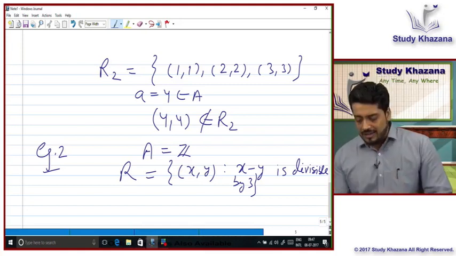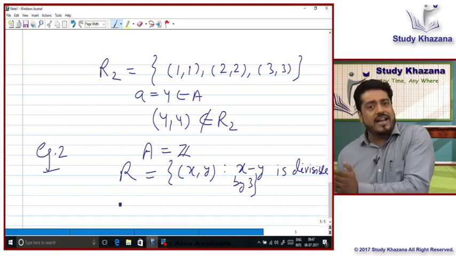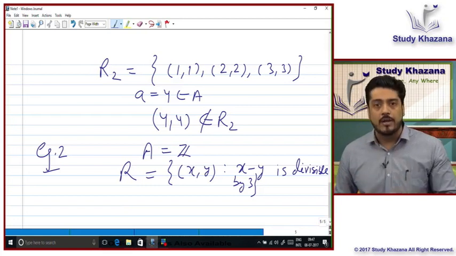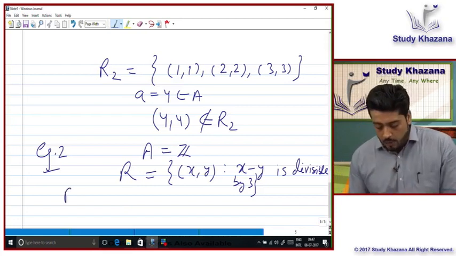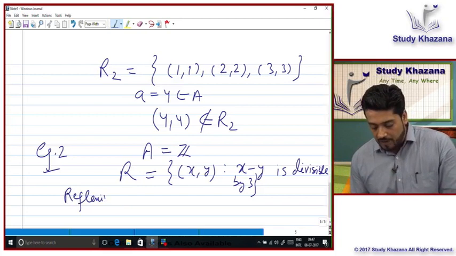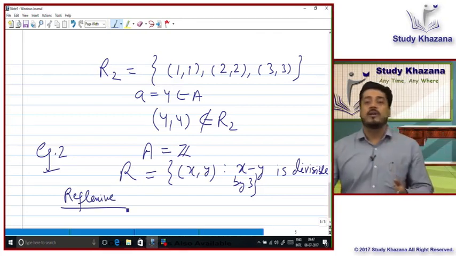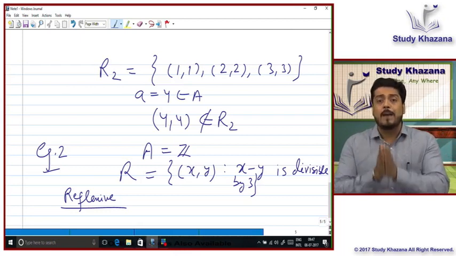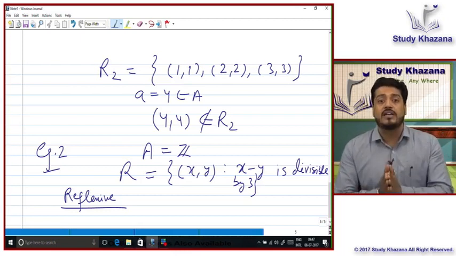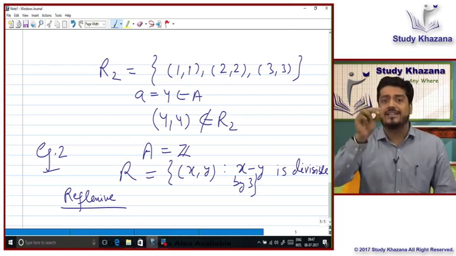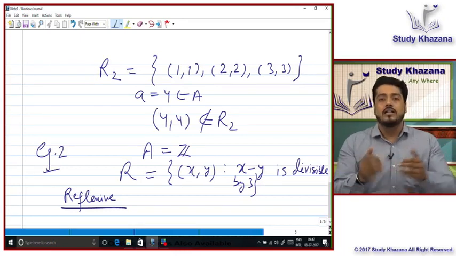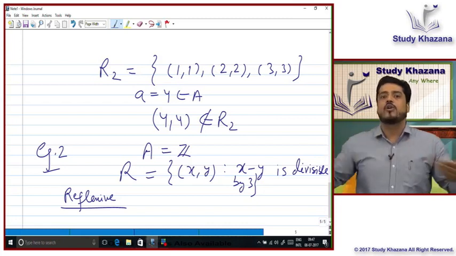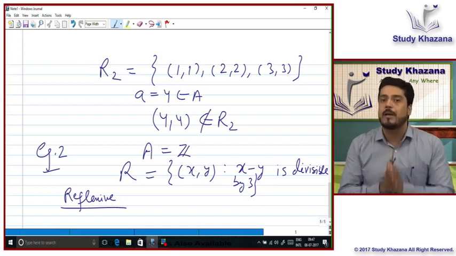According to the condition, (a, a) must be available in R for every integer a. This is what I need to check. Now, how will you write it? This is very important. Why? Because the topic is related to pure mathematics. So you have to keep this important point in mind: whenever you write, the language has to be clear. If you put "such that" or "there exist" in the wrong place, the whole definition changes, because one symbol can change the definition of the whole line in pure mathematics. Please remember this.